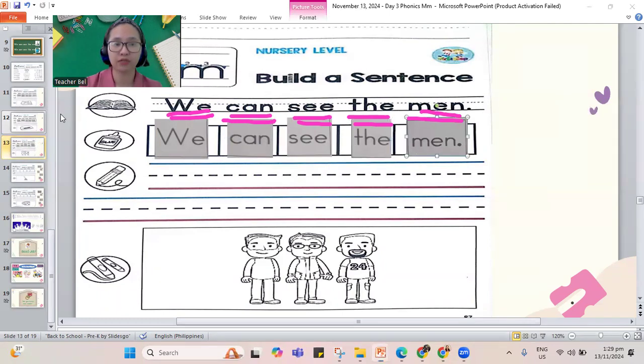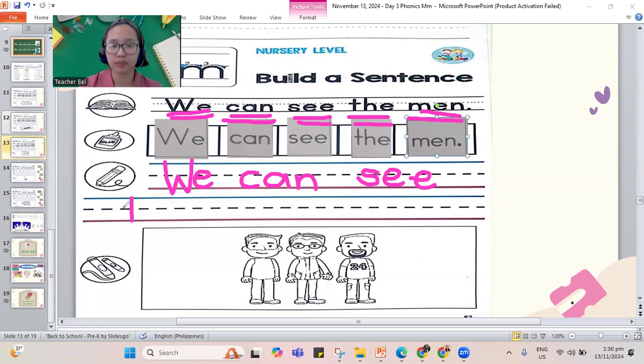And let's write for it our sentence. We, W, E. That's the word we. And then can. We have C, A, letter N. Can. S-E-E.